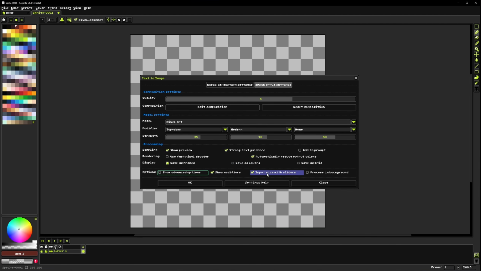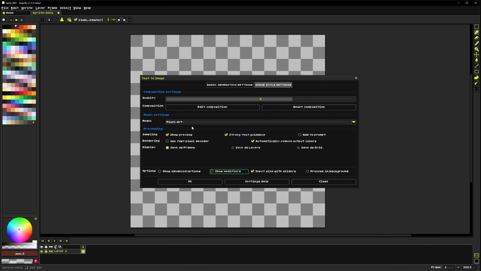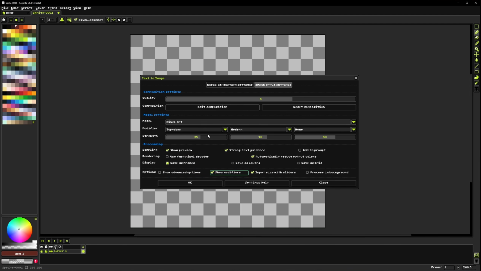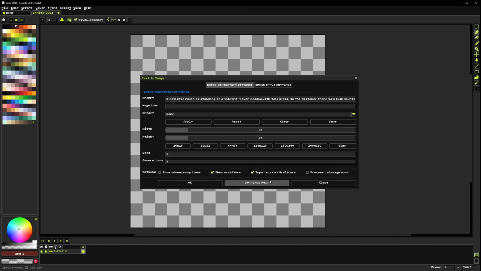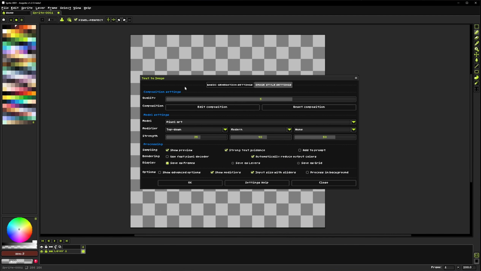Okay, those aren't all the settings. Show modifiers here will enable or disable those modifiers. Input size with sliders: you can change this so that you can input the sizes with numbers directly. And then process in background will just stop the terminal from popping to the foreground. Generally, I leave that off because I like to have that visual. So we'll go ahead and